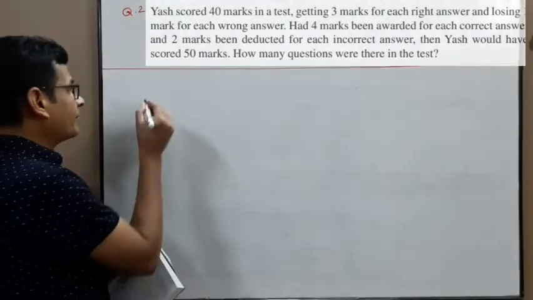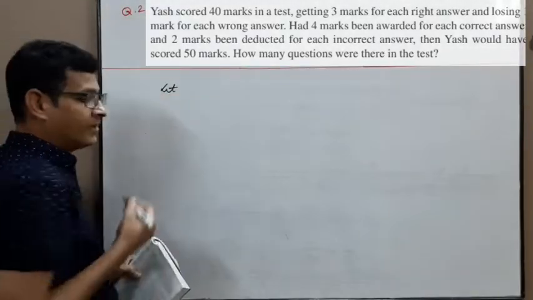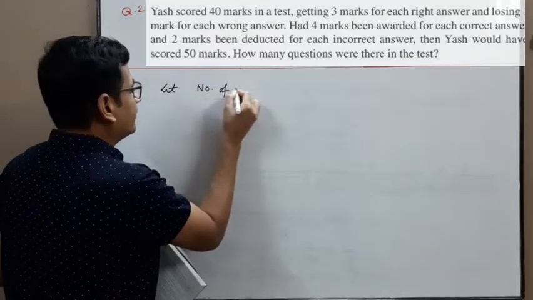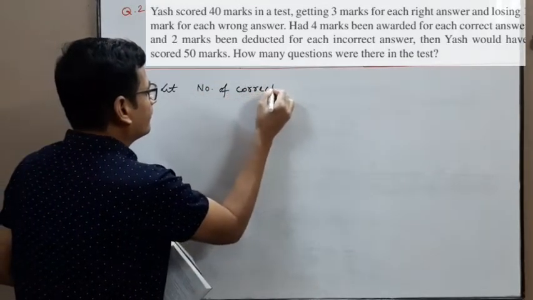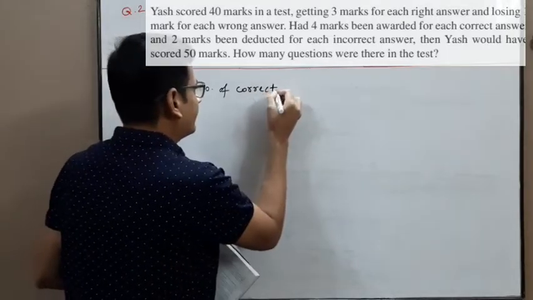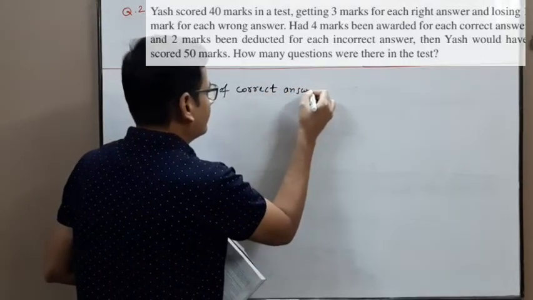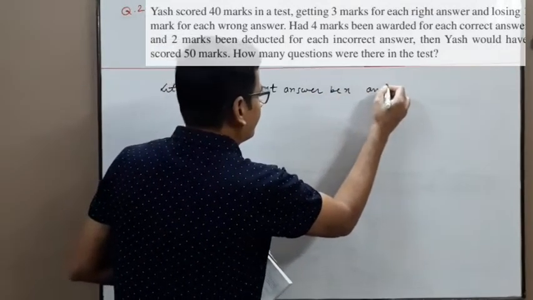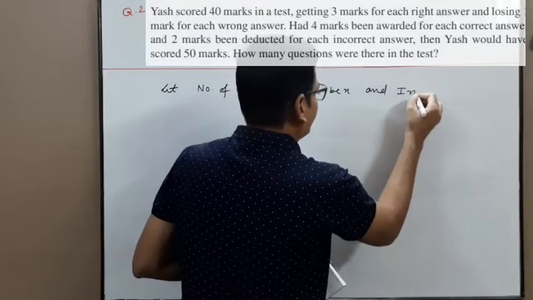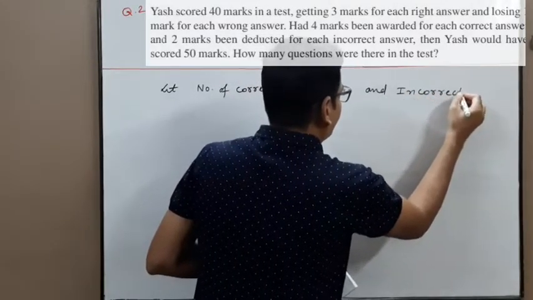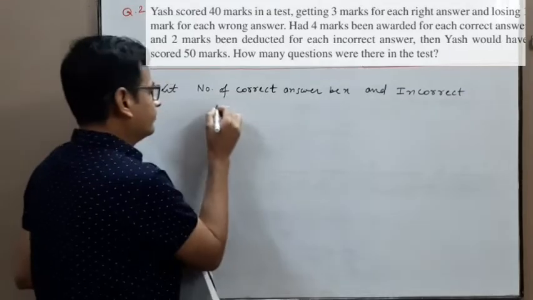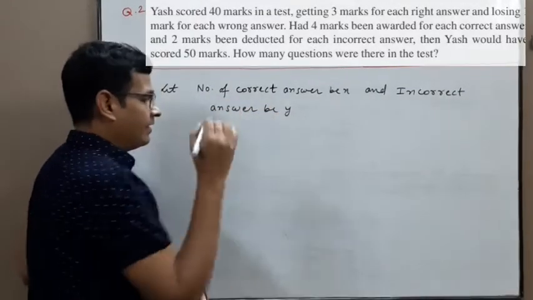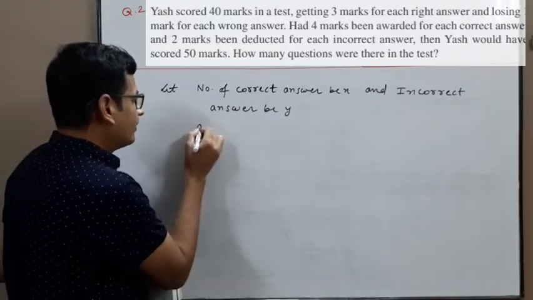So first step, let the number of correct answers be x and incorrect answers be y. According to the problem,